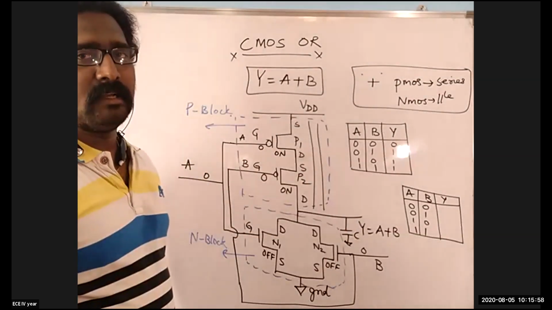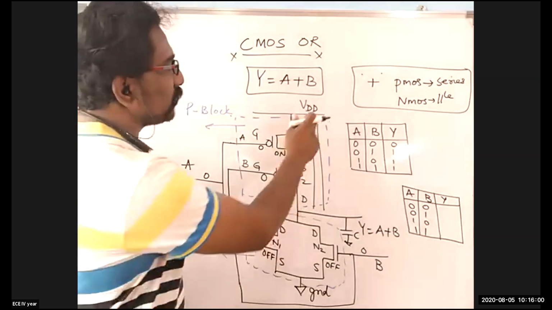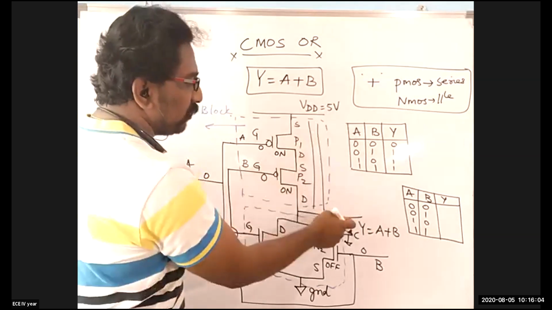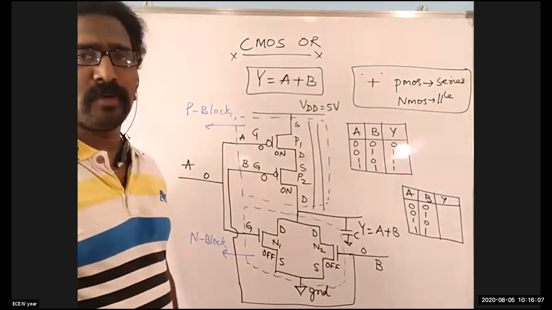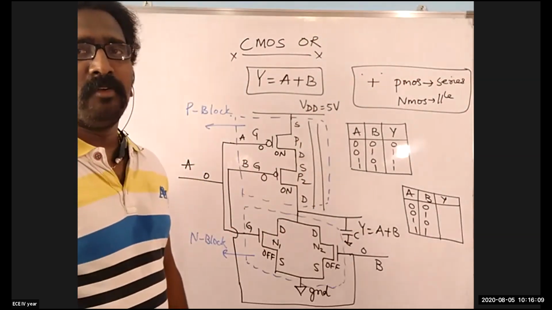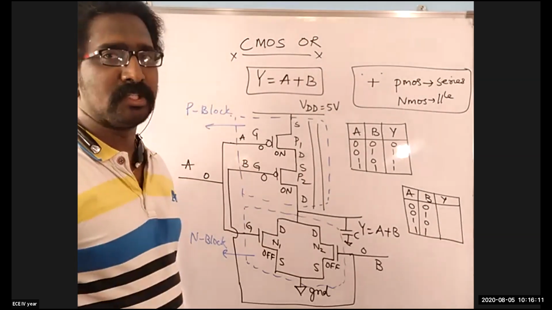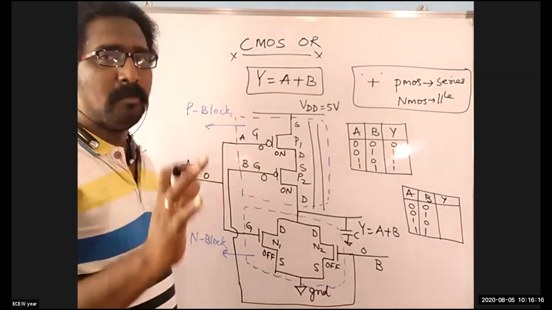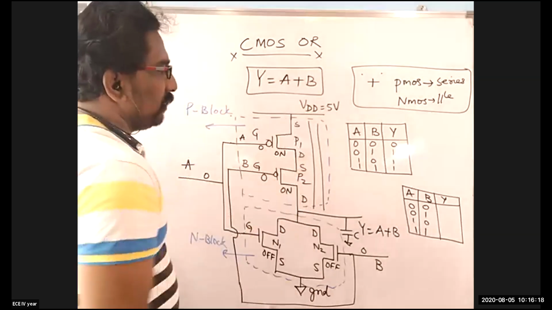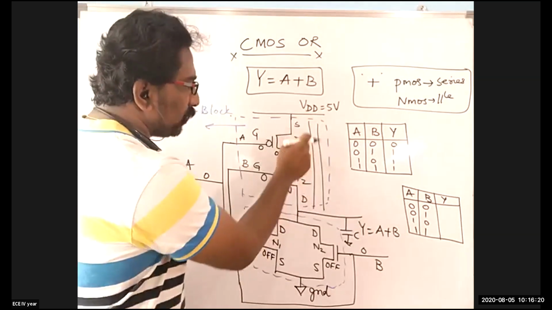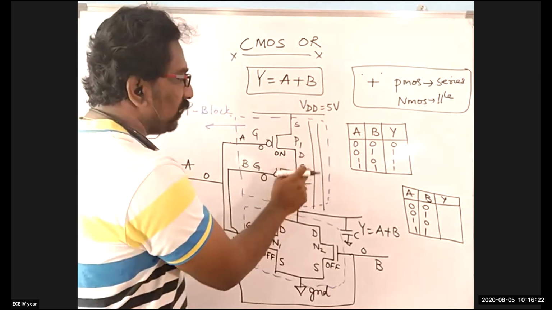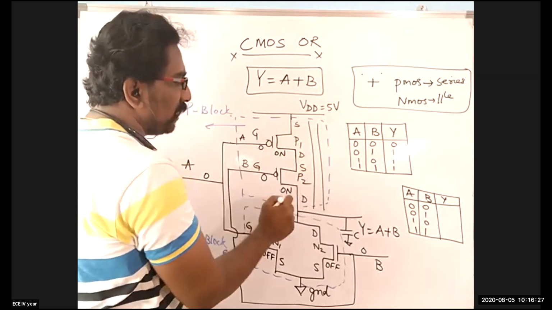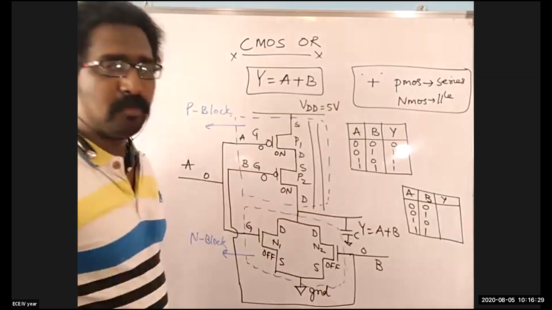And definitely, as I discussed in the previous lecture, if VDD is equal to 5 volts, whatever charge we get at this output will not be equal to 5 volts. It will be approximated to 5 volts, like 4.8 or 4.9 or 4.6. That is mainly because of the leakage that takes place during the movement of the charges through this entire path. So now see, if both the PMOS are on, then the charge will pass from the P1 channel and then to the P2 channel, and it comes across to this output C.